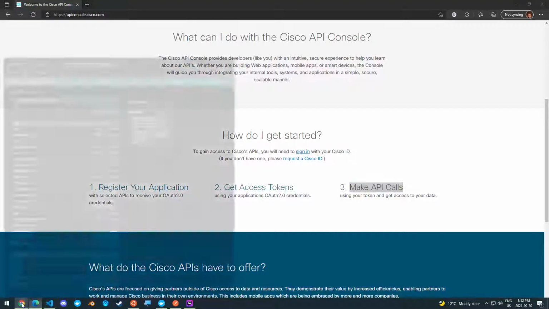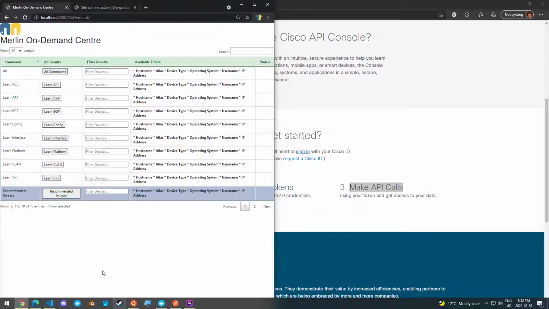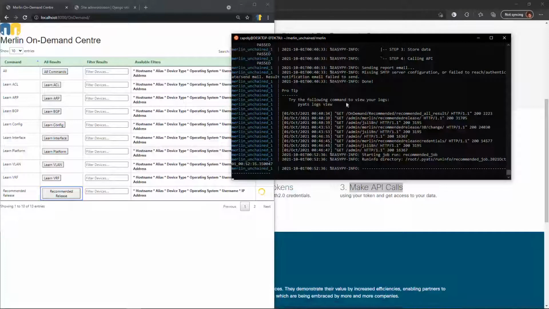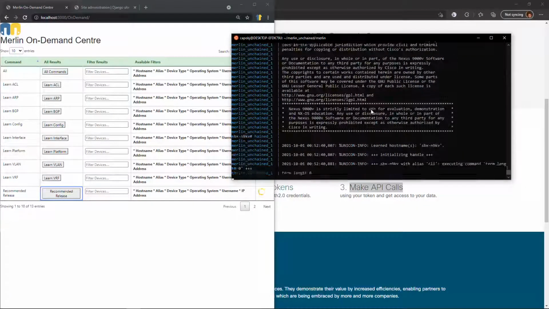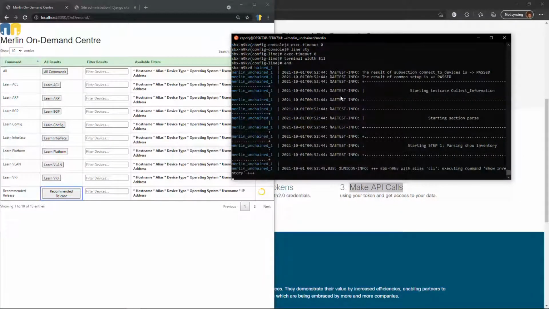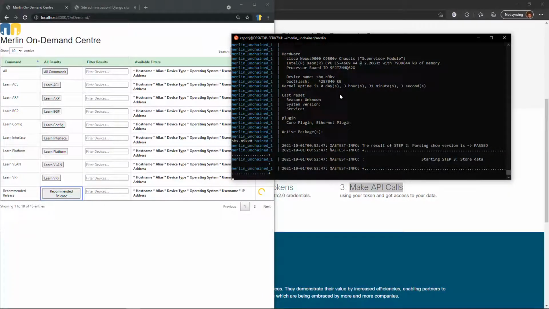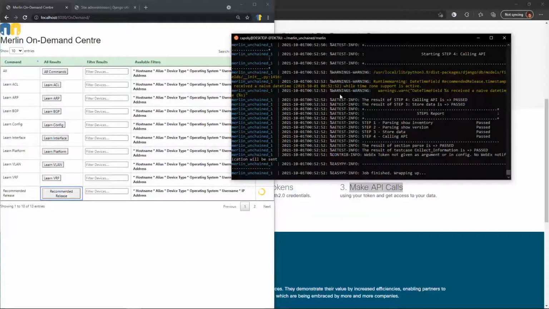So what we're going to do now is go into the On-Demand Center and click Recommended Release. You can see in the background here, Merlin is taking care of retrieving the OAuth 2 token, making the subsequent request with the part ID, and then returning all of the recommended releases for that part ID in just